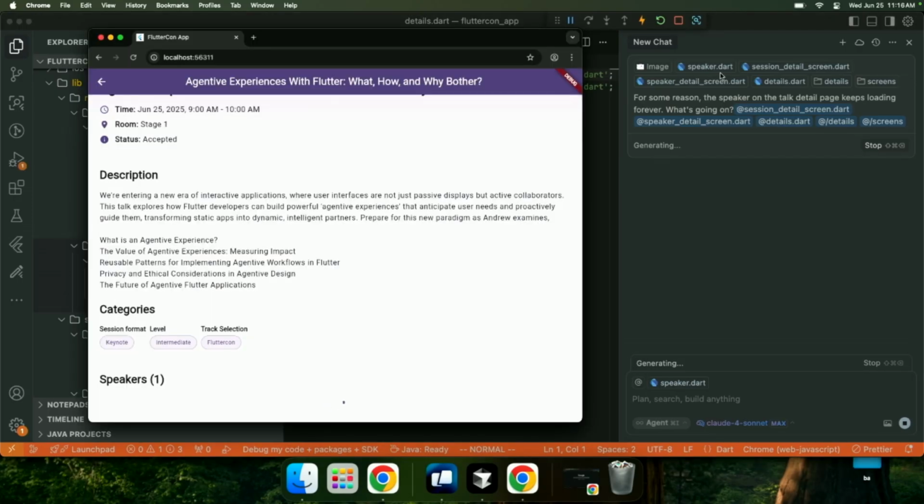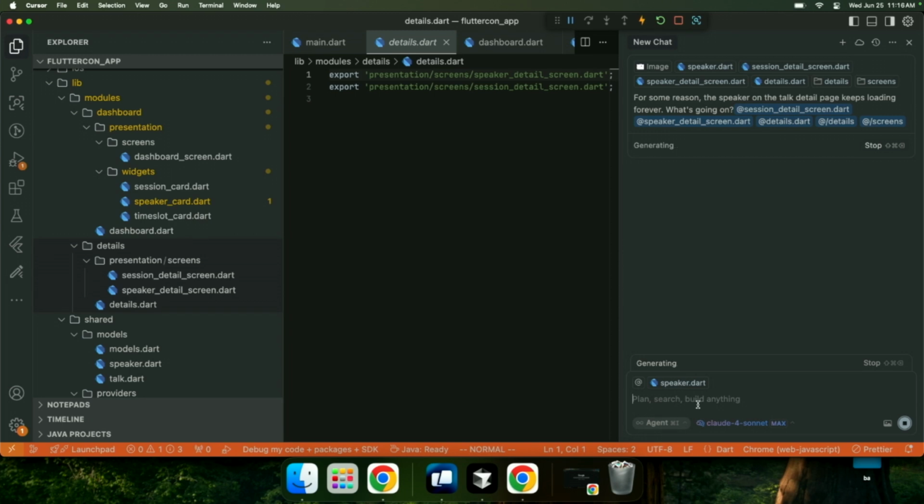So while that is working, we can already write our next prompt. That's something you can do, while it's generating, think of what you want to do next.